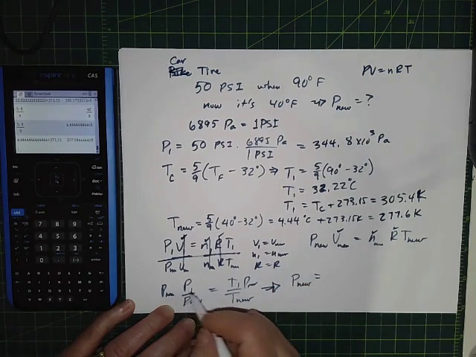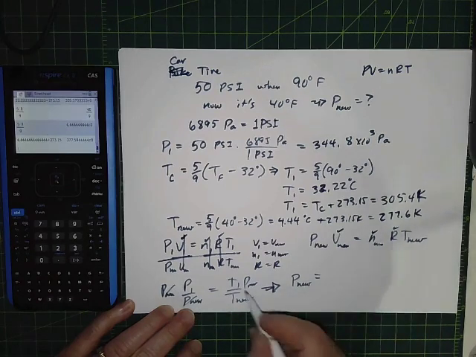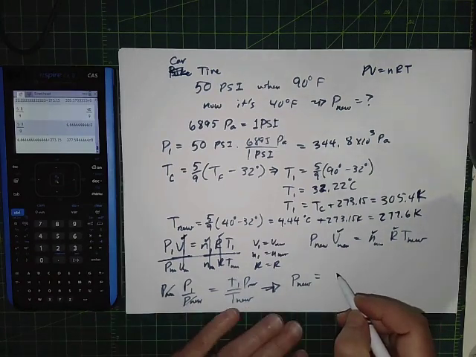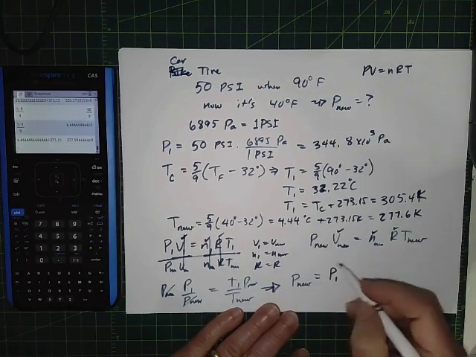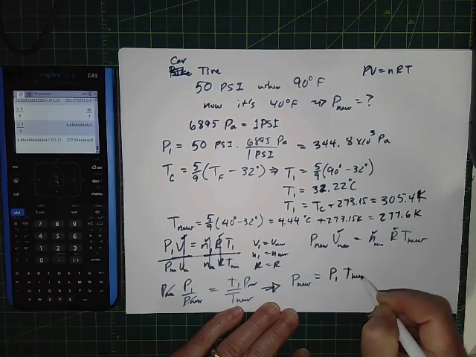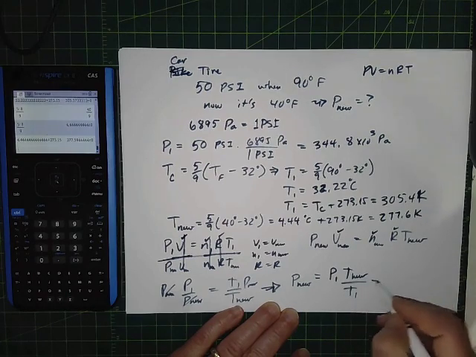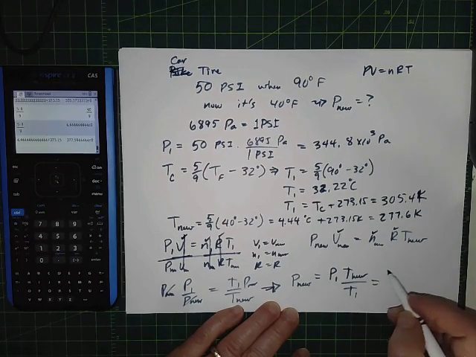All right. So that goes away and P nu is over here. Bring these to the other side. So P nu is going to be P1. Flip this over and multiply. So T nu is going to be on the top over T1. And so that becomes, let's see, 344.8